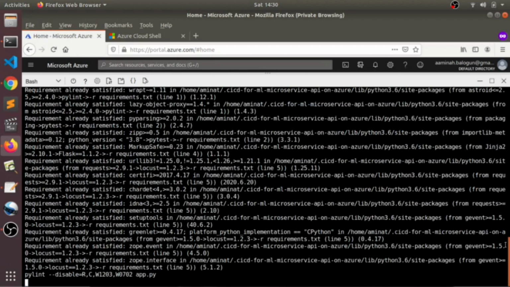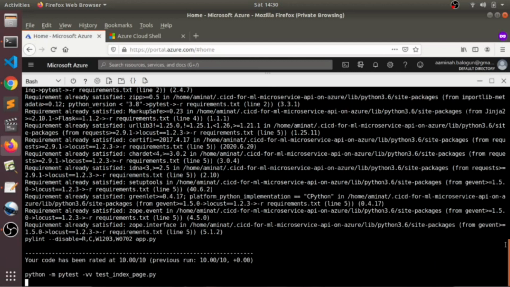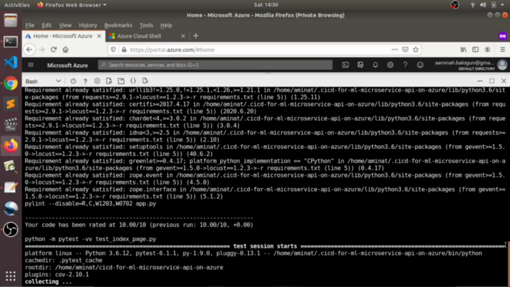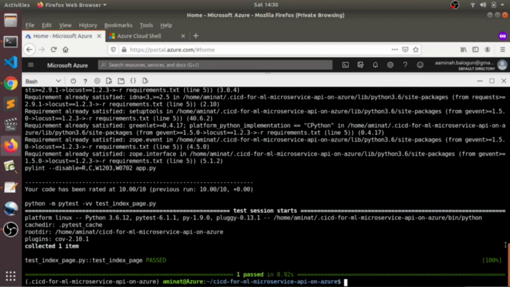The linting test is running right now. Good, it's passed. The PyTest is also running. Good, it's passed. So now that the test has passed, the next thing we're supposed to do is to